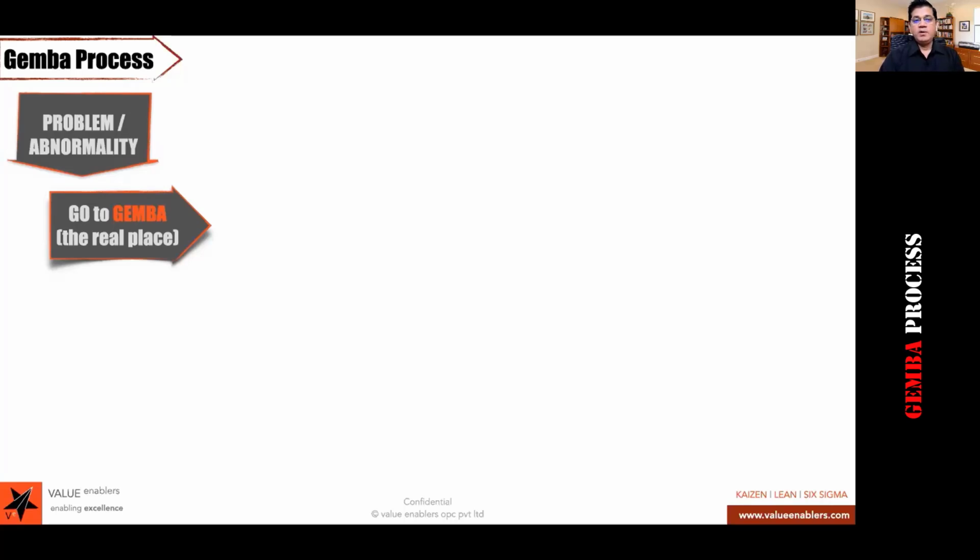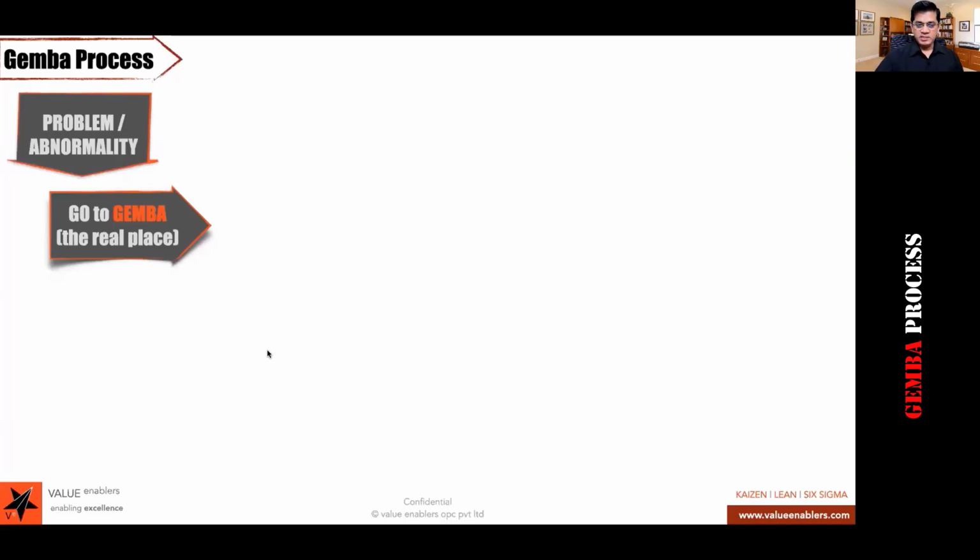Now, if there is a mistake of the recruiter, what is the Gemba? Suppose the person is not clear about the job description, what is Gemba in this case? Suppose interview, medical examination is not happening as per procedure. What is Gemba in this place? Okay, a mistake is happening in the background verification method. What is Gemba in this place? Even for background verification, they go to Gemba, right? Sometimes.